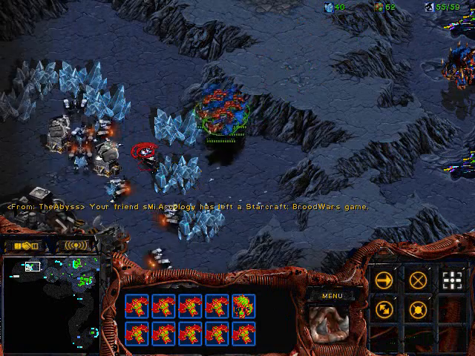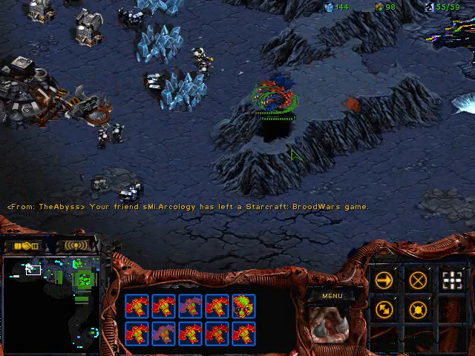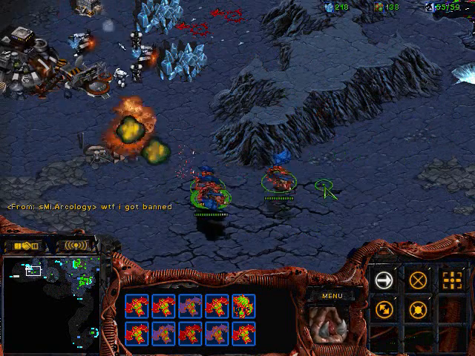And now I can do a little bit of harassing right here. You can see he does not have much defense. When Marines are coming through small cracks like that in single file, always look to pick them off,